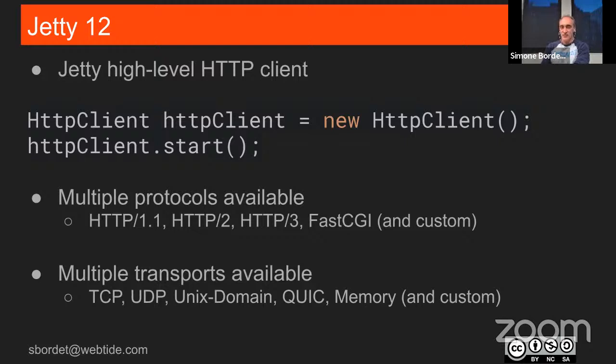Also, we have an implementation for UDP QUIC and also memory. QUIC is the low-level protocol that is below HTTP3. But QUIC has the same features as TCP fundamentally, even if it is based on UDP, because QUIC says, I'm based on UDP, but I'm going to provide you with reliability and ordering, which are the two key features of TCP, right? So at that point, we say, wait one second, if QUIC can do that, why can I not use QUIC to transport the normal TCP protocols like HTTP1 and HTTP2?